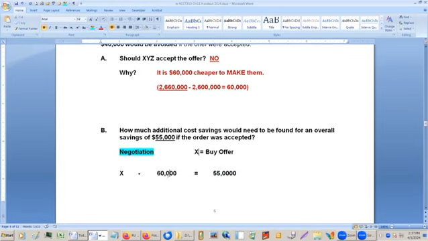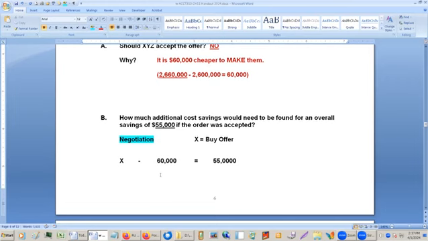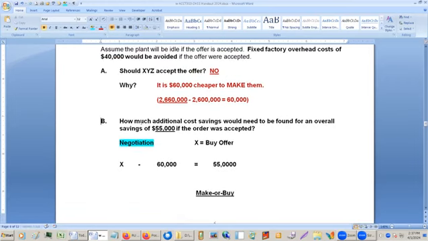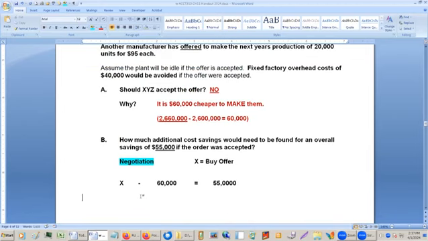Okay, so X is the buy offer, and we're going to solve it for X. We need a little more space here. So we're going to add 60,000 to each side. And so we'll end up with